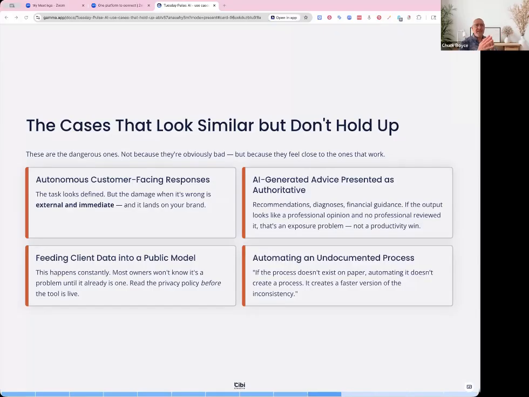This is where a client or a person, a salesperson or something like that in your company, decide they want to save time. They're at home at night and they want to write a proposal really quick. So they use a public version of ChatGPT or Claude, and they dump some client information in there, and then they write the proposal, they send it out, not realizing that that client proposal information is now sent up to OpenAI or Anthropic, and it's in the public view. They could be using it to train their models.